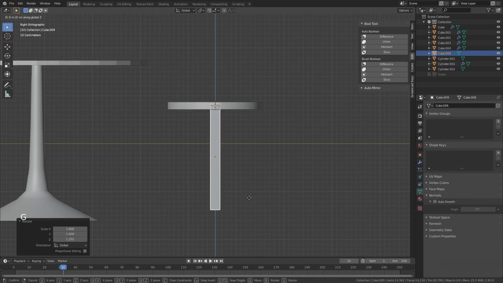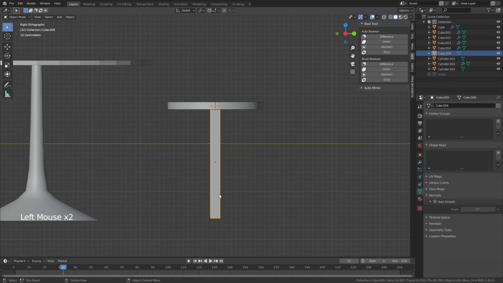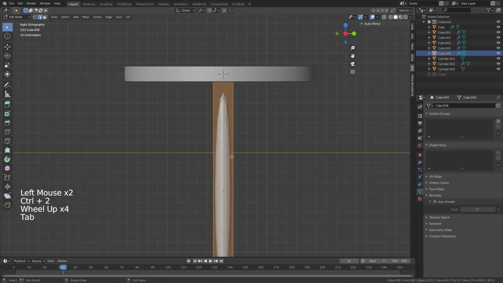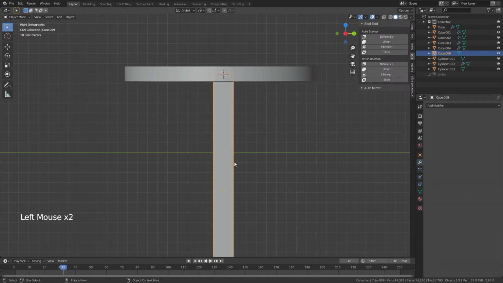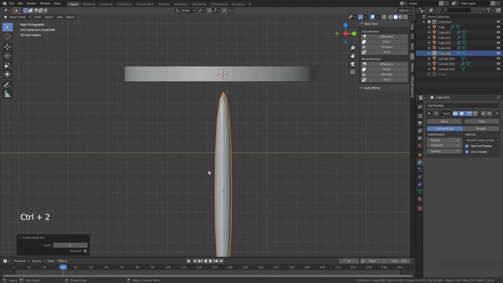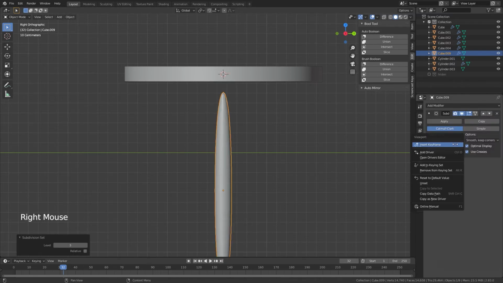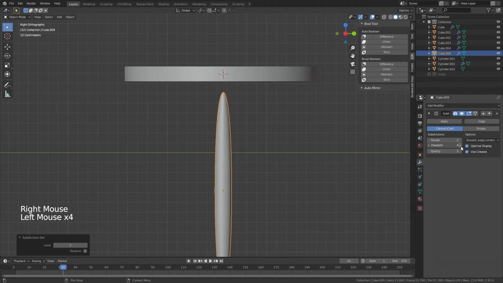SZ, GZ, and GZ again, SZ. Okay, we can press Control 2, Tab, Control 2 for adding a subdivision modifier. Whenever you use Control 2, you can see subdivision surface is here. And if we use Control 3, subdivision surface comes here with 3. You can increase or decrease the number of subdivision surface, but